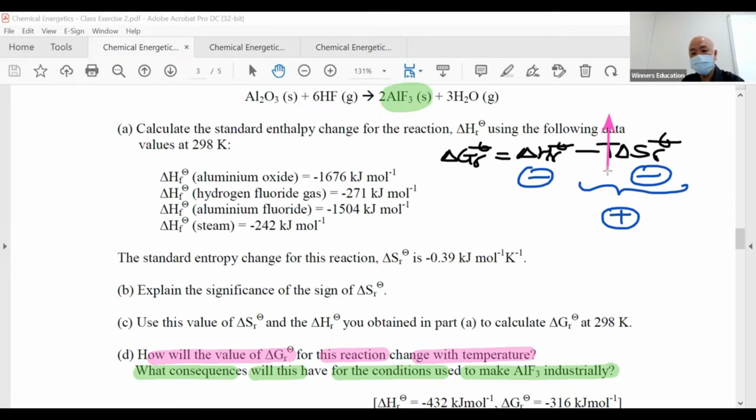When you increase the temperature over here, as you can see, therefore this will become more positive. Make sense? Therefore that's not good. Correct? So my delta G will become more and more positive. So that will therefore be my answer. As we increase the temperature,